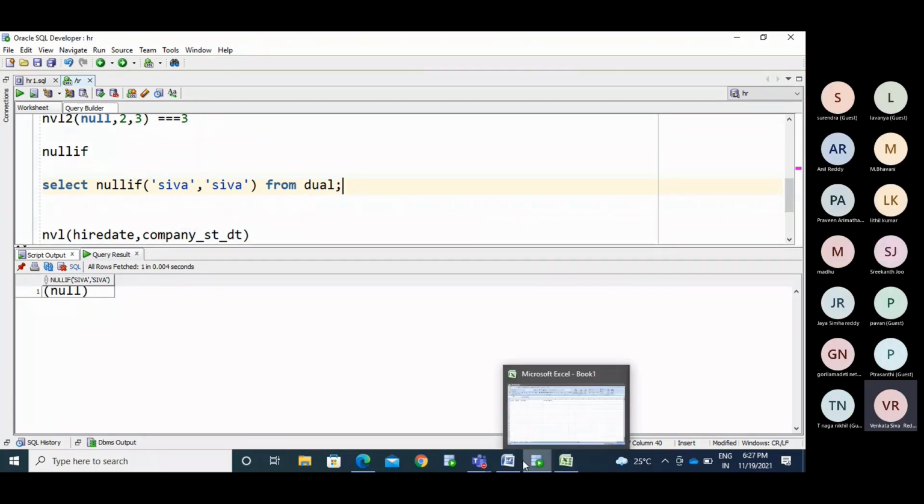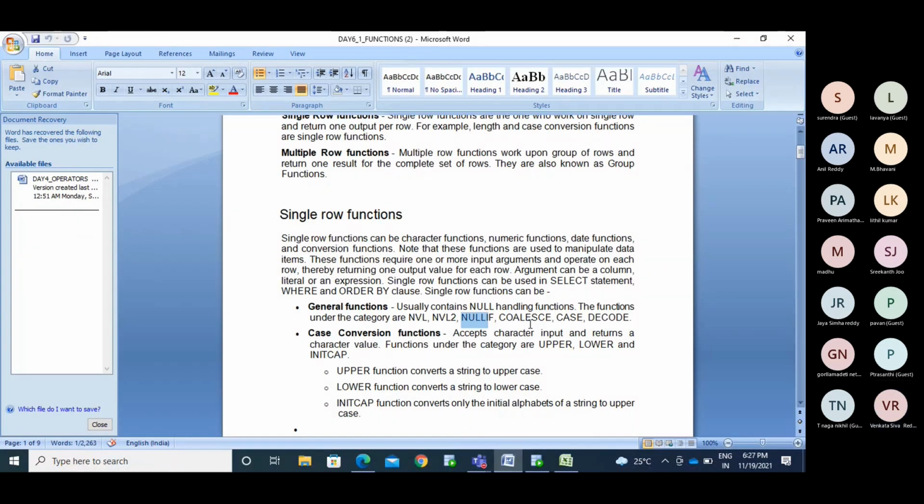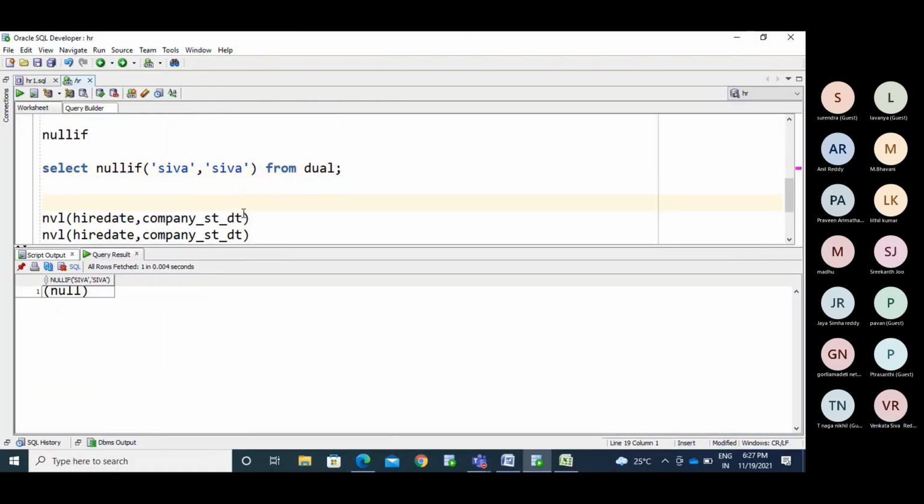And what other thing do we have? The COALESCE function. COALESCE function will help you. COALESCE of 1, 2, 3 from dual.